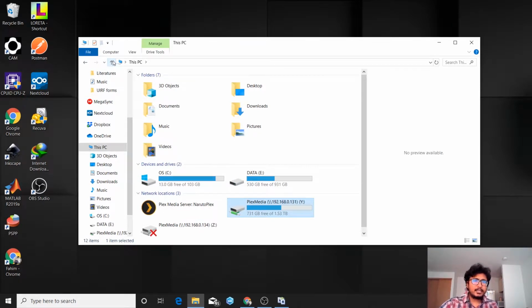Now there is an easy way, a shortcut way, where you can transfer your files from your internal drive to the Plex server at very high speed. For that you need a portable drive, or you can use USB flash drives. First you connect it to your PC,